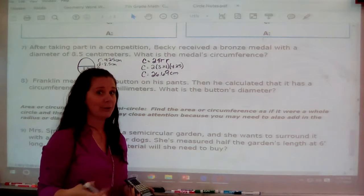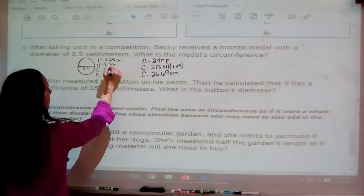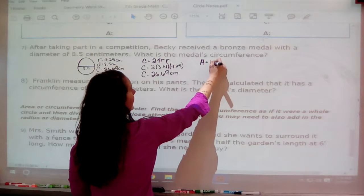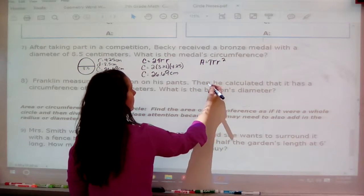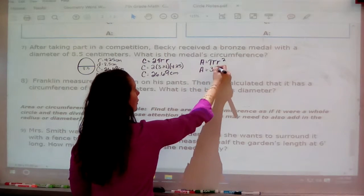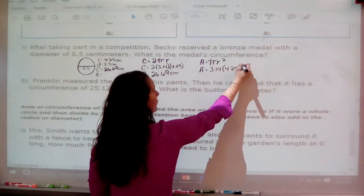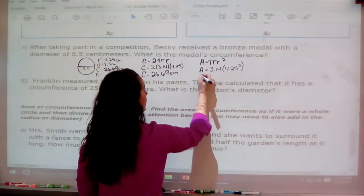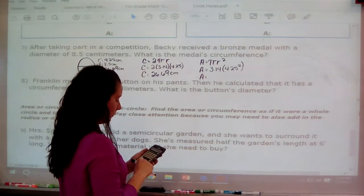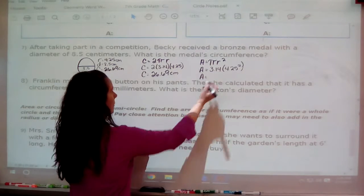The question is asking me for circumference, so I do not need to move on and solve for area, but I'm going to go ahead and do that for you just so you can see the process to solve for area over and over again. So my formula for area is A equals pi r squared. I'm going to fill in what I know. I do not know my area. I know that pi is 3.14, and I know that my radius is 4.25 squared. So 4.25 times 4.25 times 3.14, my area will be